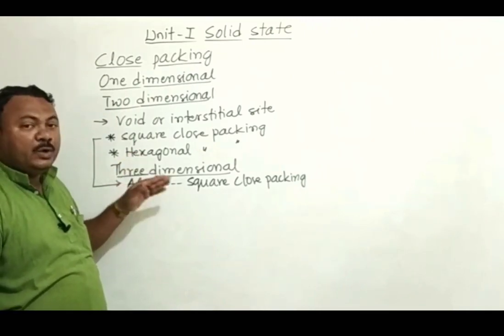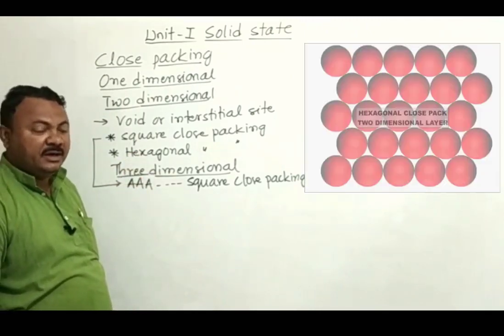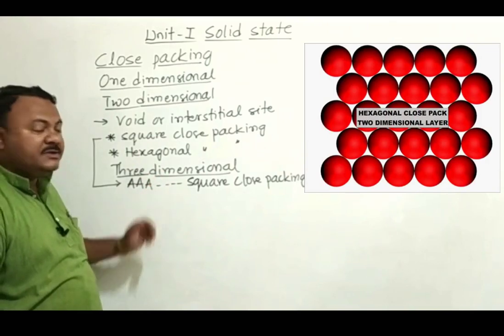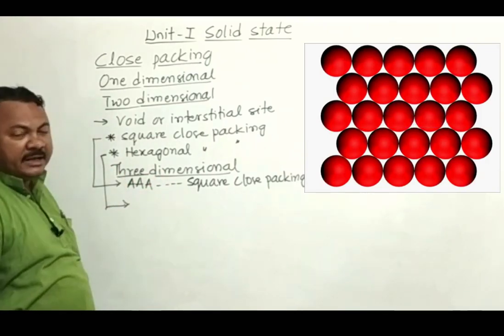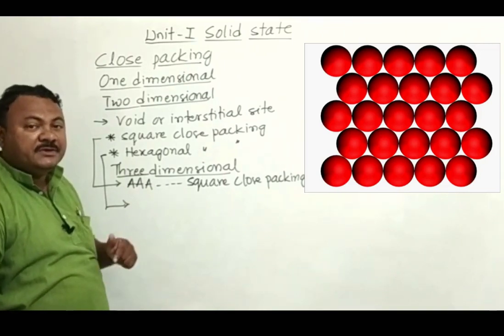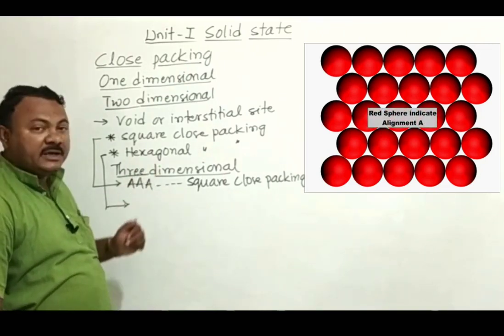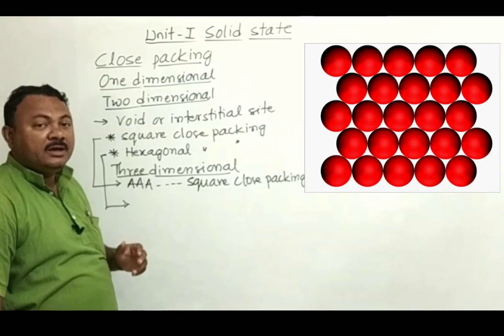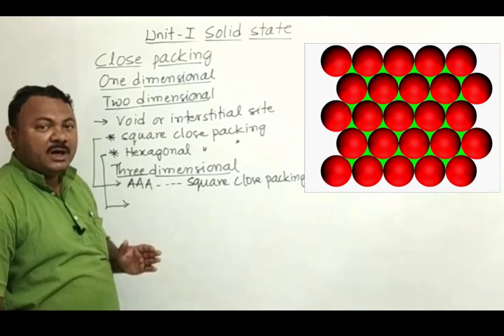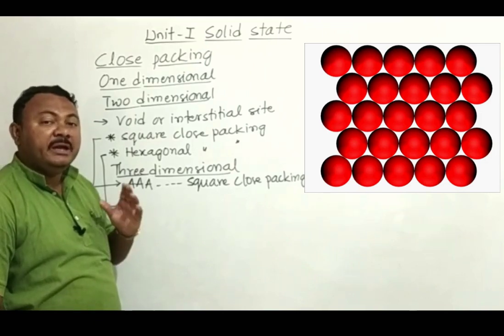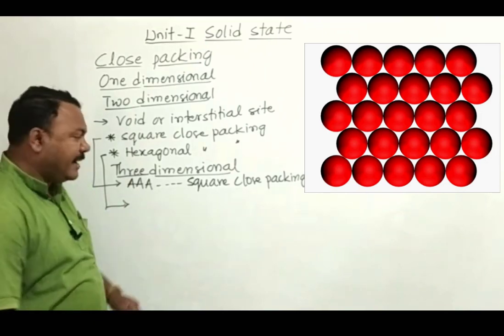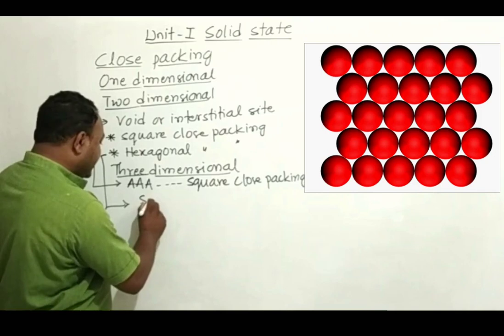Now we go for the next. We take 2-dimensional hexagonal close packing and we are going to build 3-dimensional close packing. Now when you concentrate on building 3-dimensional close packing by hexagonal close packing, look at the arrangement of the atoms. We have to arrange the atoms so that minimum empty space is left. I am going to place now second layer.